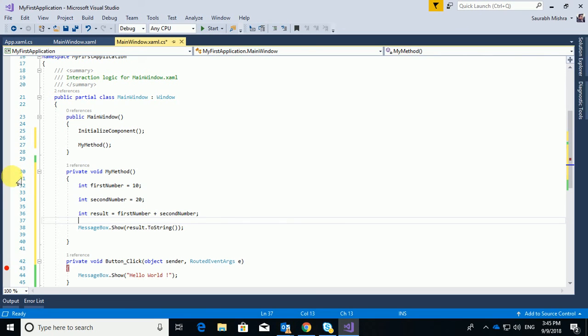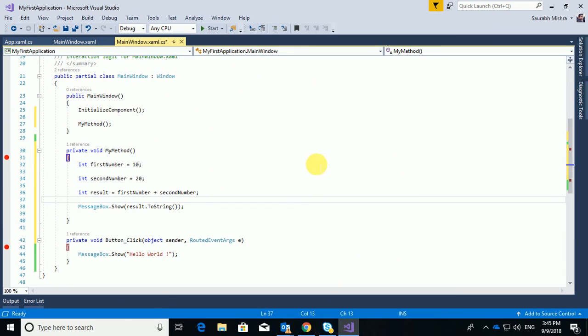So let us see how the control of flow should be. Initially when this class will get executed, when you will press F11 and when you will execute this application, the constructor of this class will get executed first and will initialize the class. Once the class gets initialized, your my method will get executed and will perform this calculation here, and then this will display the result of your calculation, and then it is on your want whether you want to click on the button or not. So let us see.